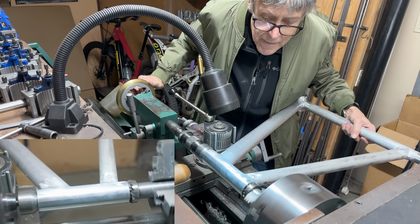So you can see all the chips and the end is faced, so I just have to deburr now. It's pretty easy with this tool. And then I take a file on the very end. But it's already got a chamfer on it, so I think it's okay. There we go. All right, so the next thing we're doing,